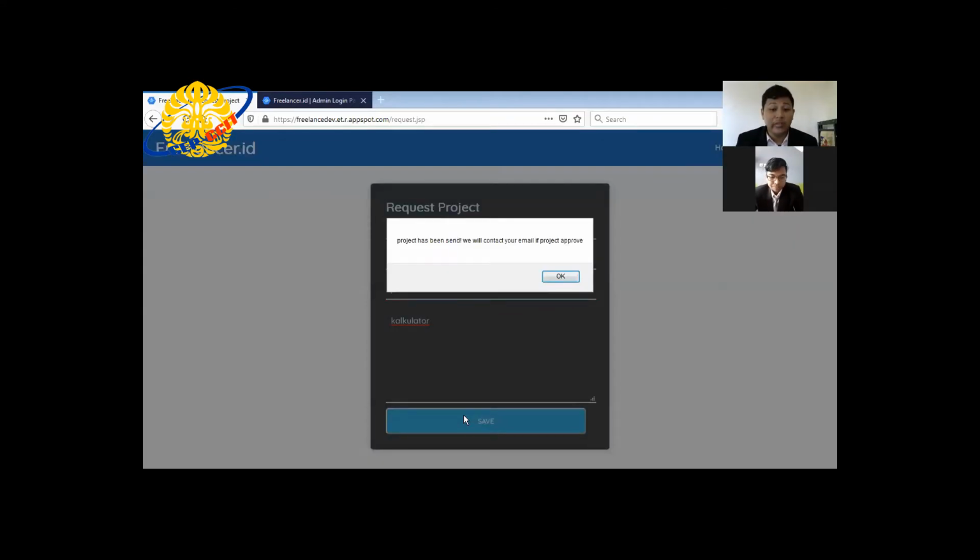If all fields are inserted and we click save, the data goes to the Firebase database table and displays an alert: project has been sent, we will contact you by email if the project is approved.